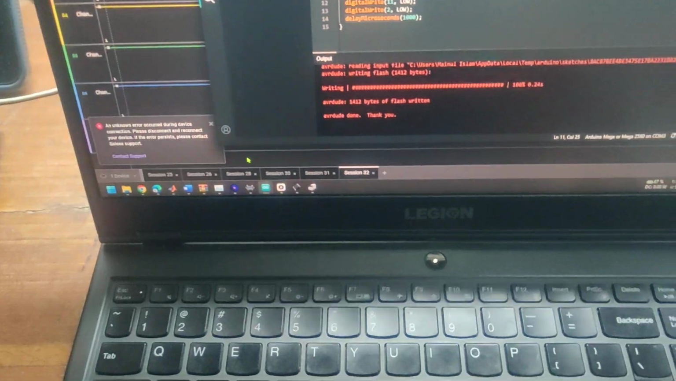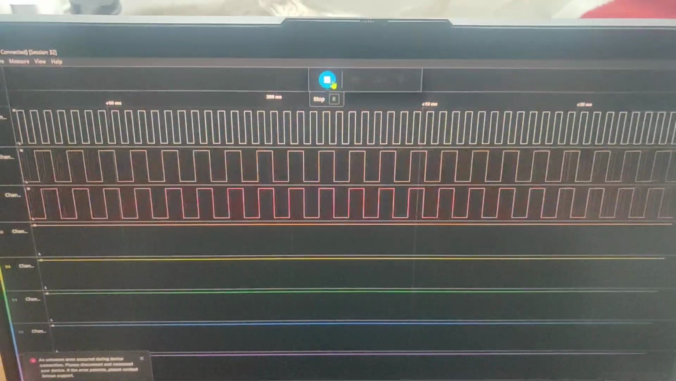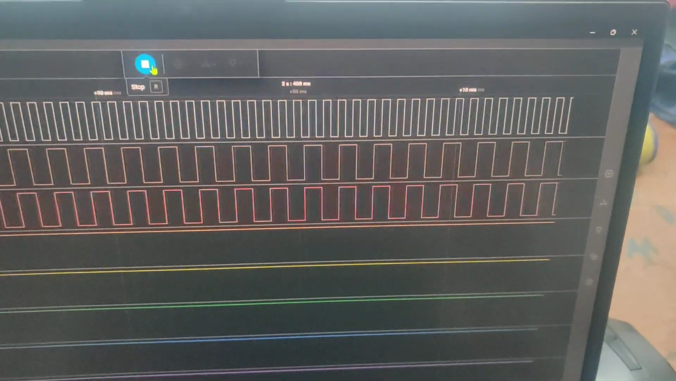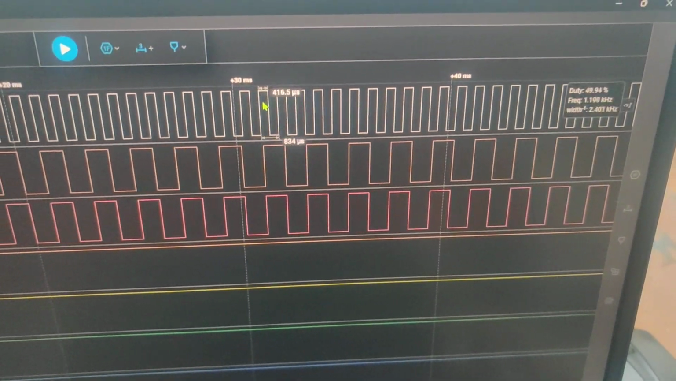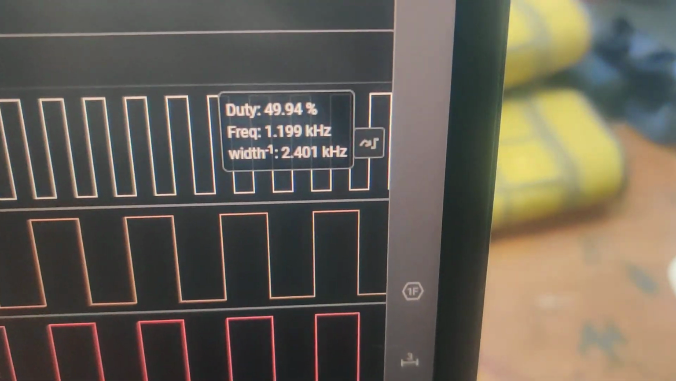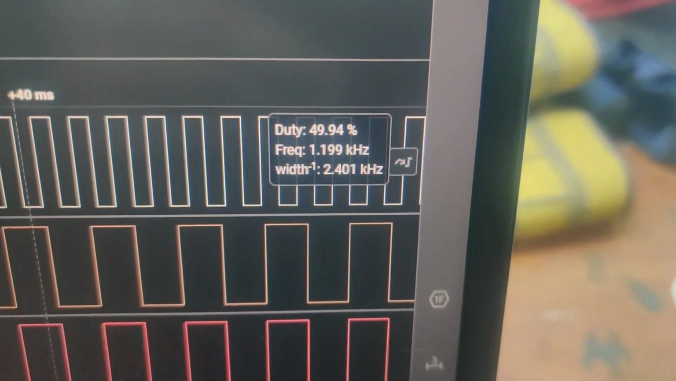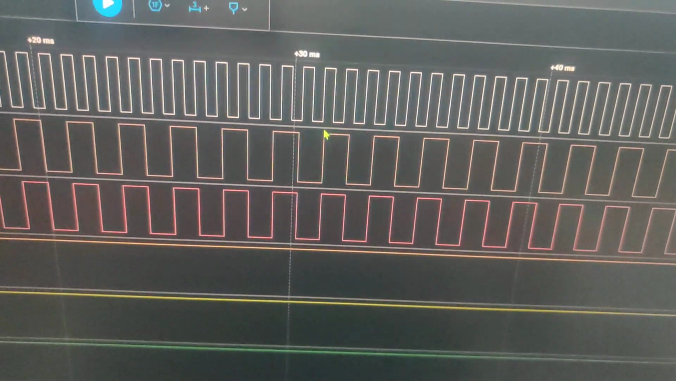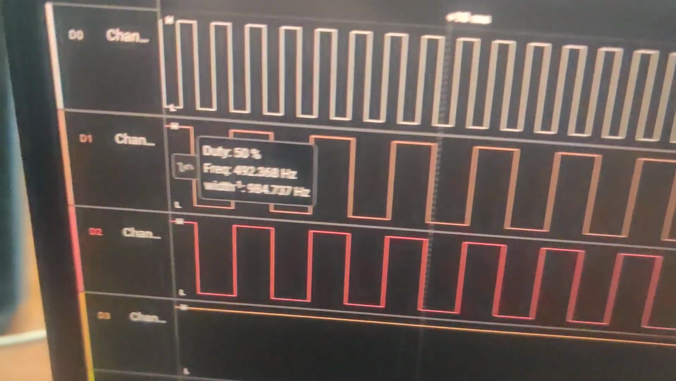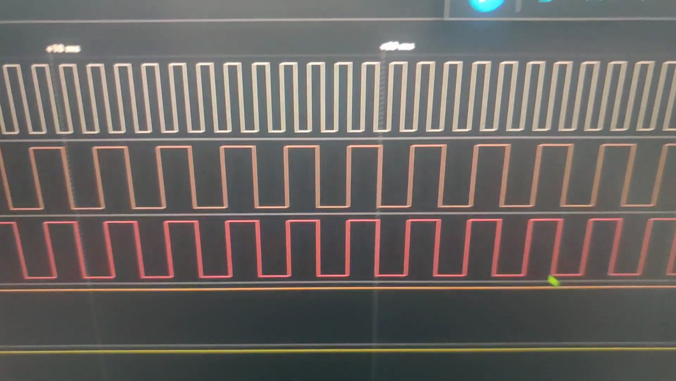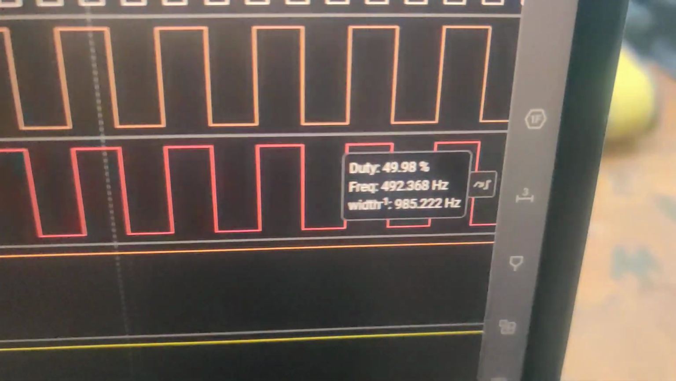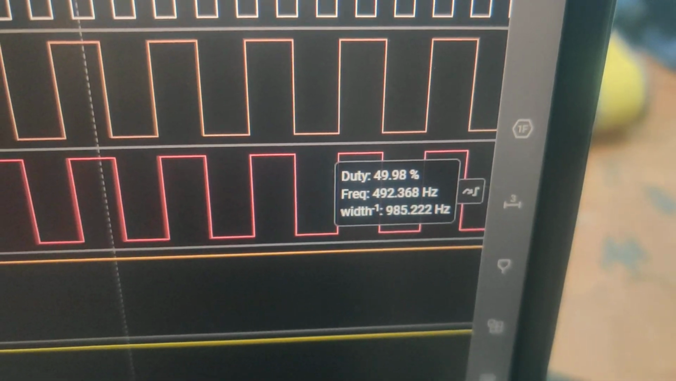If you look at the outputs we are getting, if we run it in real time, and then I pause it and check, the summation turns out to be 1.199 kilohertz. The signal the Arduino is producing is, for the first signal, 492, and then the second one is 492 also,